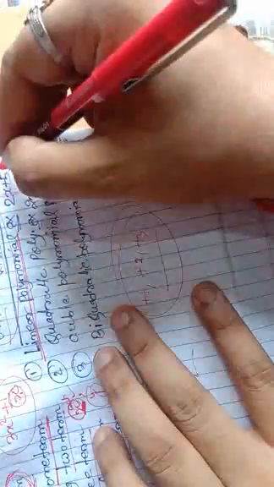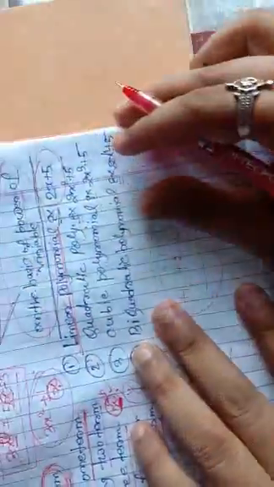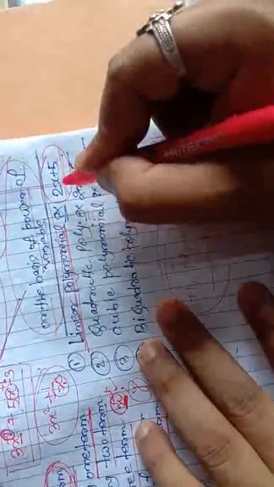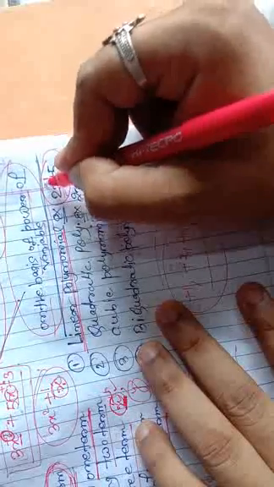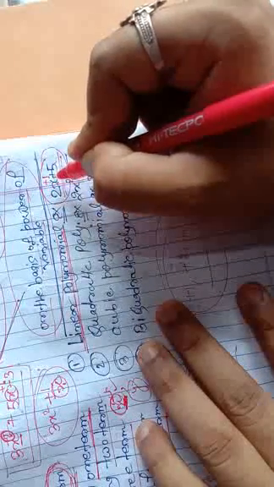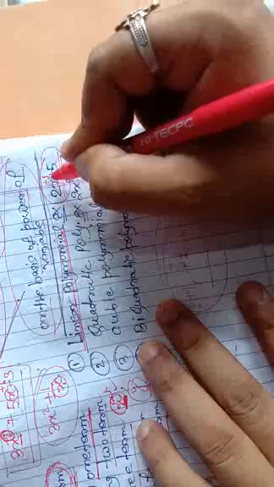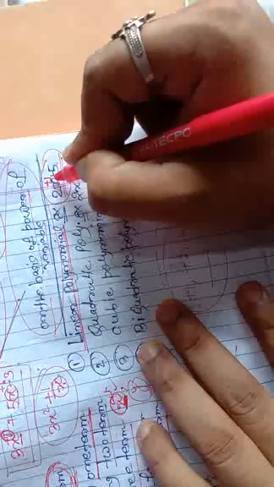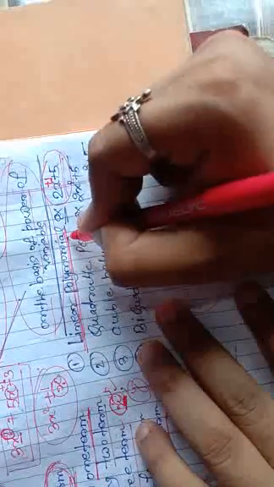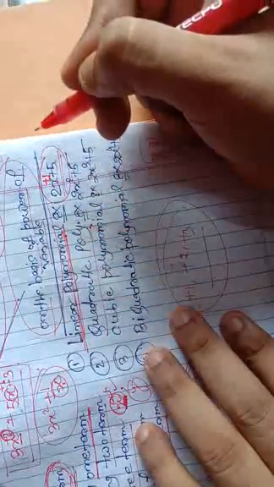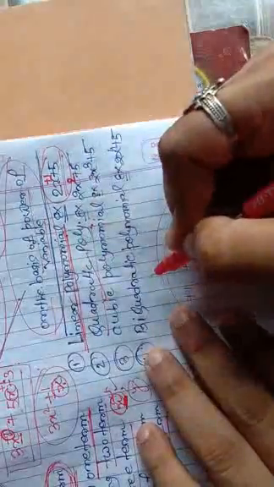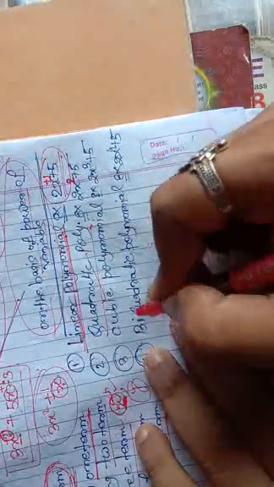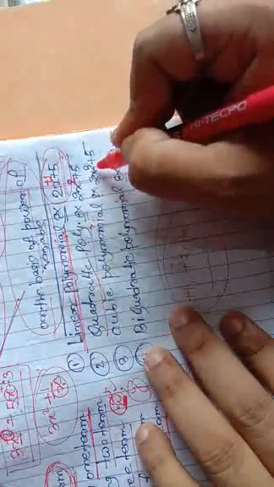Example I can give you, this 2x plus 5. Here we see that a variable is x and its power is what? Only +1. So if the polynomial in which the variable has maximum power 1, then this is called linear polynomial. Okay, similarly quadratic polynomial, if the polynomial in which the variable has maximum power 2, this is called quadratic. If a polynomial has variable with maximum power 3, this is called cubic.